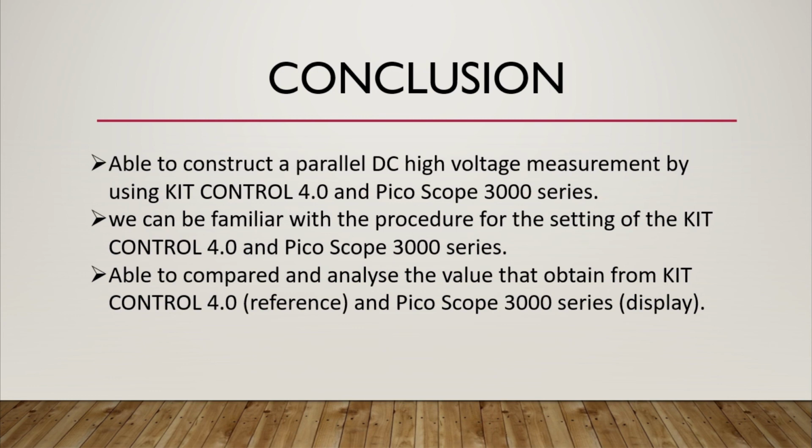Next slide for the conclusion. From this experiment, we can conclude that upon completion of this experiment, we were able to construct a parallel DC high voltage measurement by using kit control 4.0 and Picoscope 3000 series. The construction of the circuit is much easier when using these advanced technologies. It helps to get the result using only one equipment that contains all the features that we need to complete every